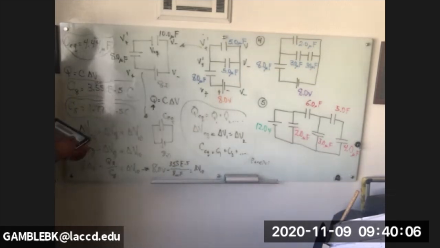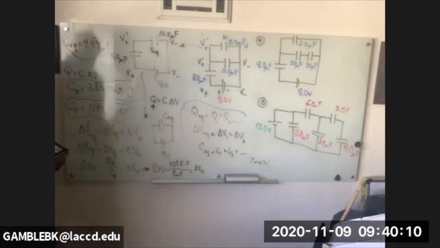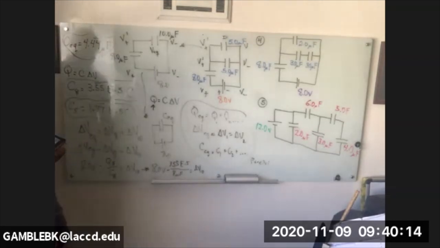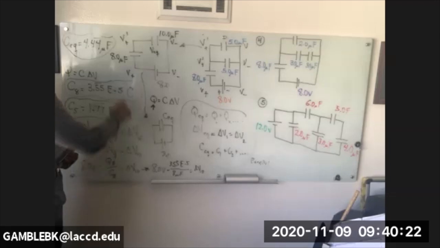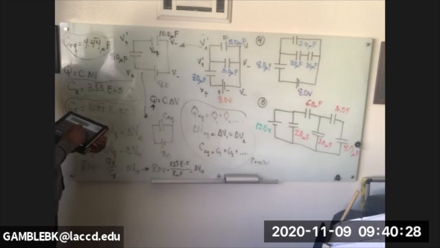Now I want to use that over here. So that voltage is just going to be that divided by, coincidentally, I chose that to be 8 microfarads. The 8 and 8 is the same. So when you divide that by 8E negative 6,